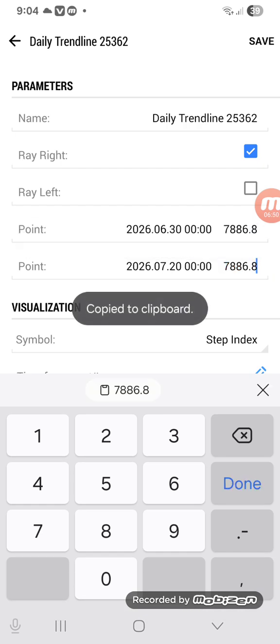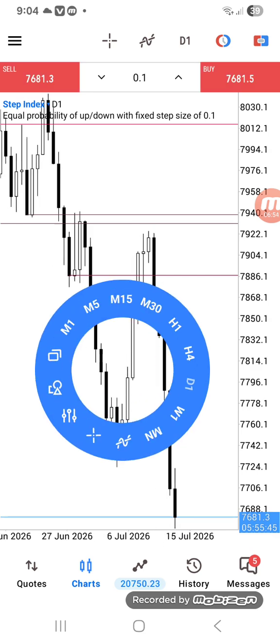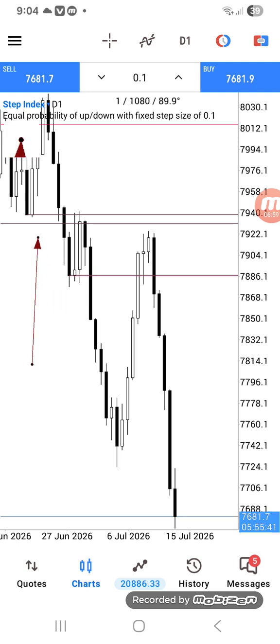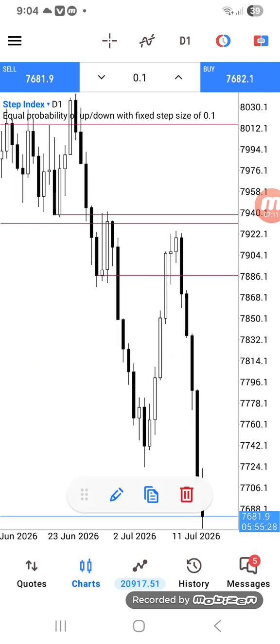So this is a double confirmation showing you that we are on a bearish trend. You can see we had this breakout here, and then now we have this breakout here. So we were to wait for the market to come back to this level here, either to respect what, let me remove these lines there,